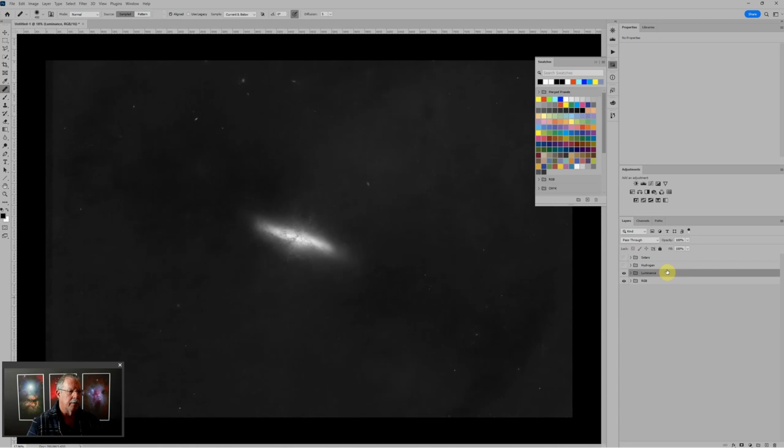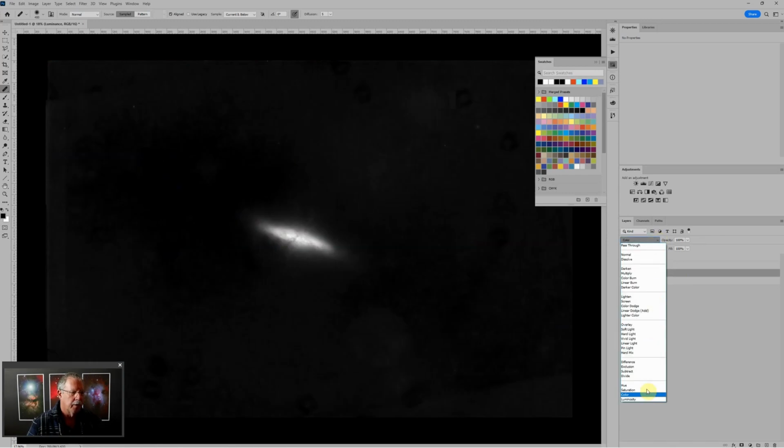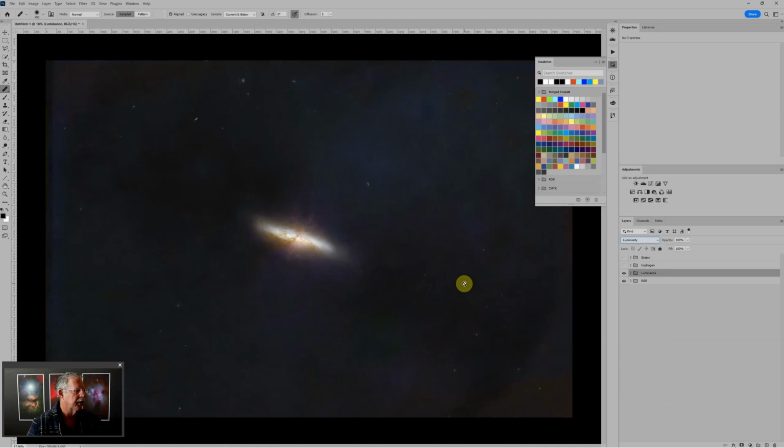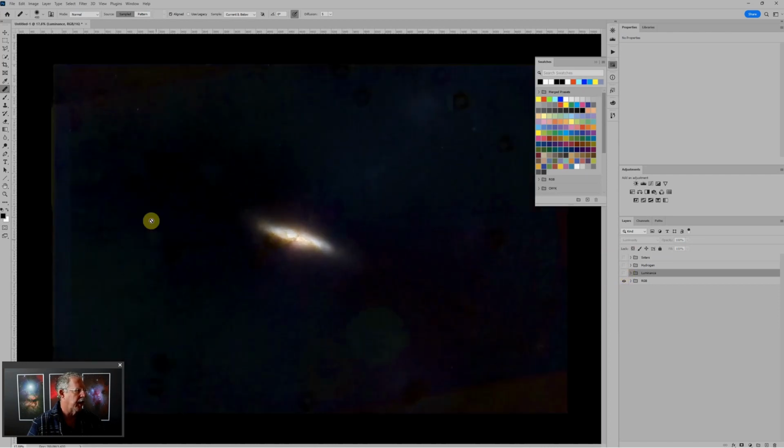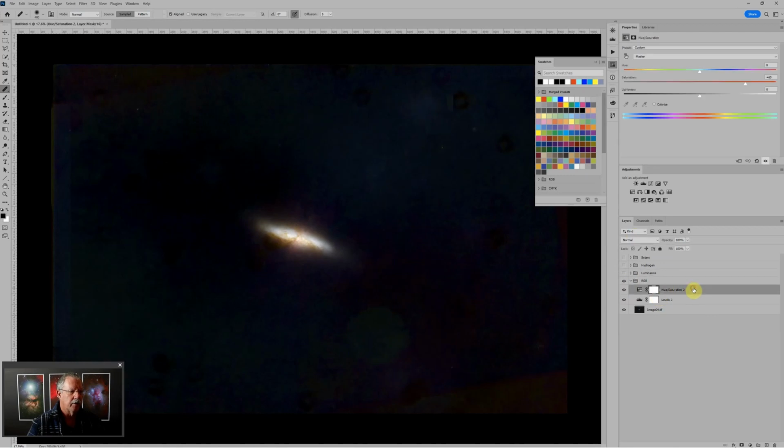So I'm going to go to where it says pass through here, and notice I have the group selected. I'm going to change this group's blending mode to luminosity. So now we're getting the luminosity from this layer and color from below. And you can see there's a lot of kind of ugly color, so we need to knock this background down to just pure black. And the trick I'm going to use for that is I'm going to add a solid color fill,